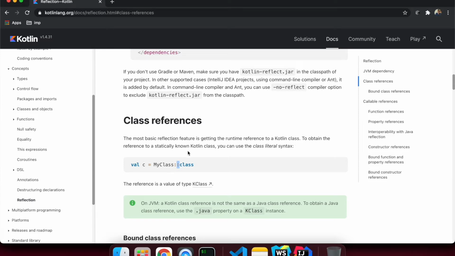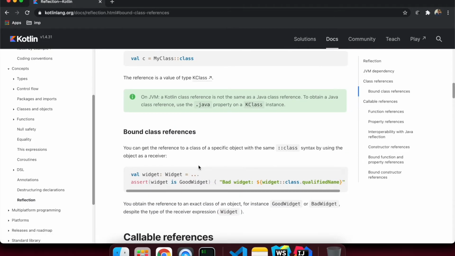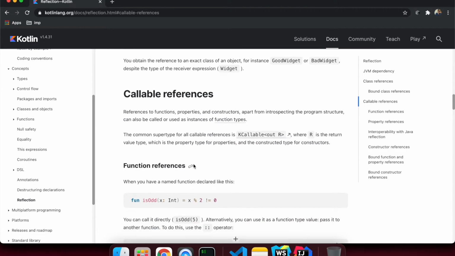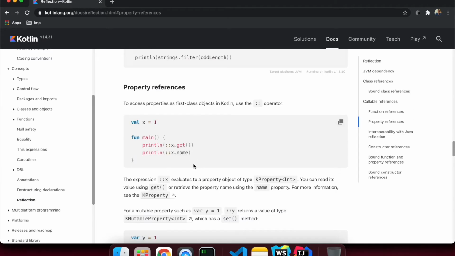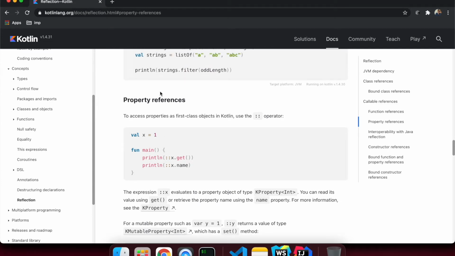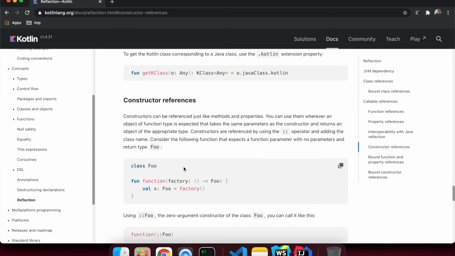To obtain a reference to a statically known Kotlin class, you can use this syntax, and the reference is a value of the type KClass. Suppose you want to check a property: we can use the double colon operator and get the name, or you can access x.name. I'm going to explain those things in this lecture.